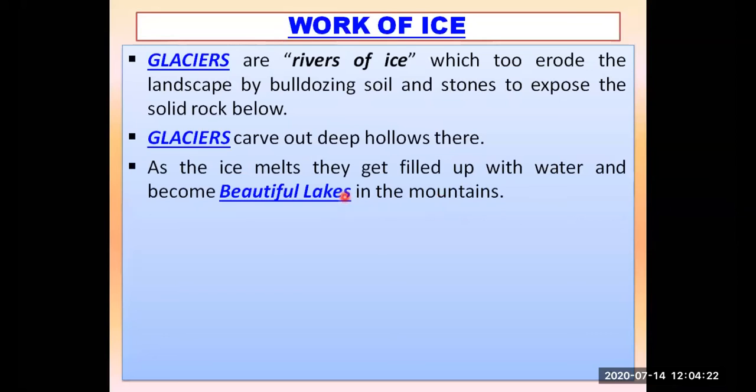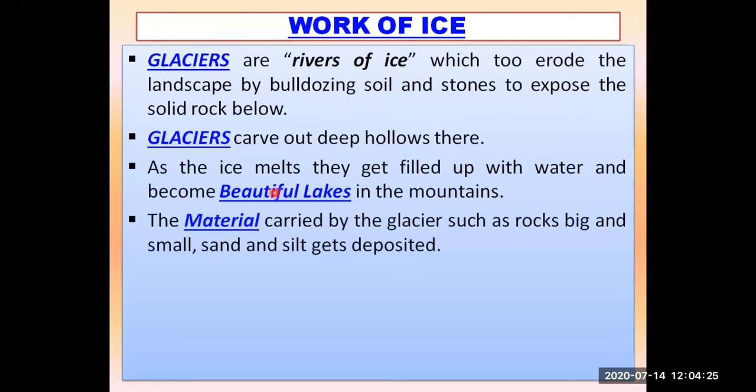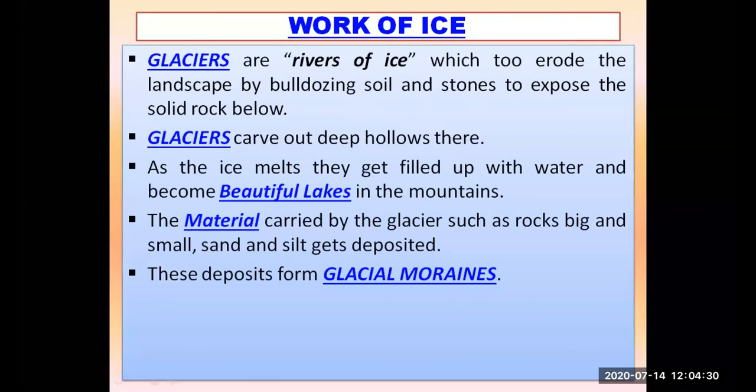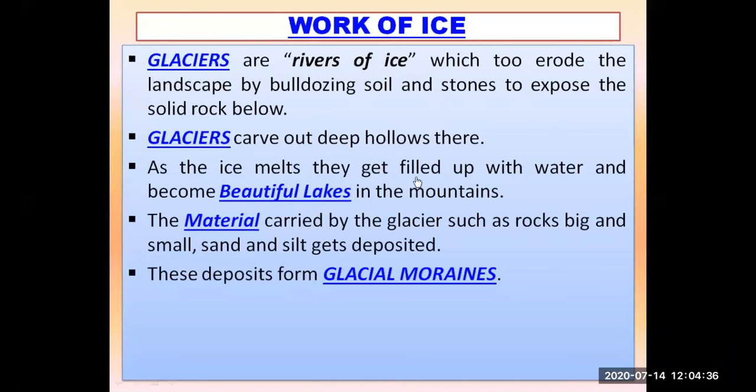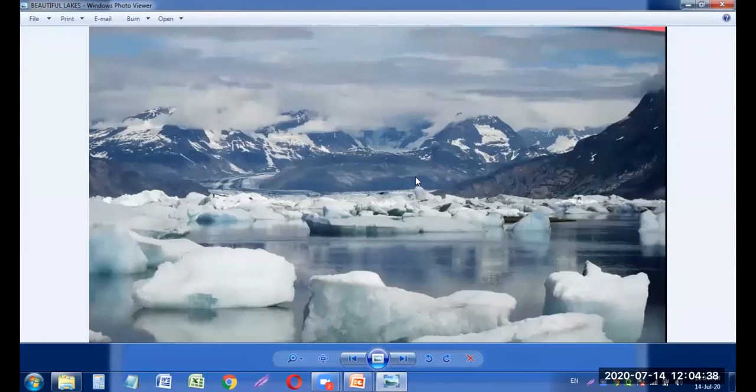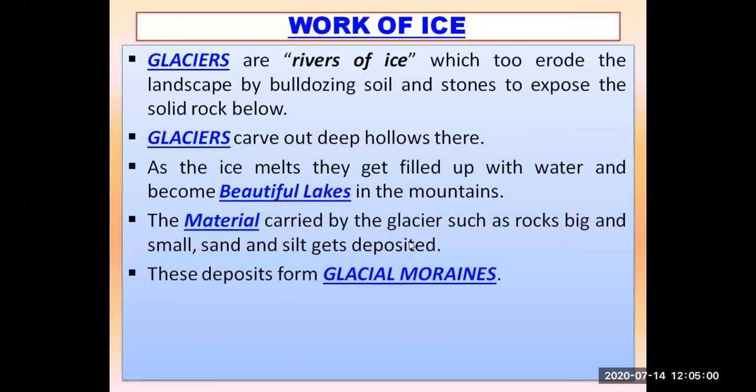Let me show you one of the beautiful lakes in the mountains also. My dear students, let me show you with my click over here. Yeah, you can see this photo. Yeah, these are beautiful lakes on the mountains. ये mountain के ऊपर में है. This is not beneath the mountain. This is not downwards. This is on the mountain. On the mountains you can see beautiful lakes because the ice has melted down. Sorry, ice जो है, the ice has melted down and it has become water. And you can see beautiful lakes. So how beautiful is this scene?